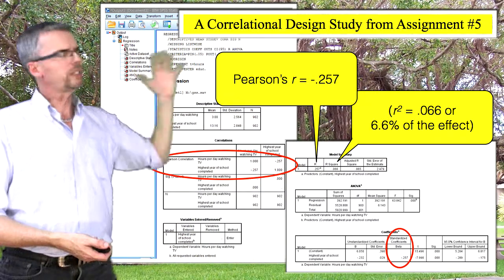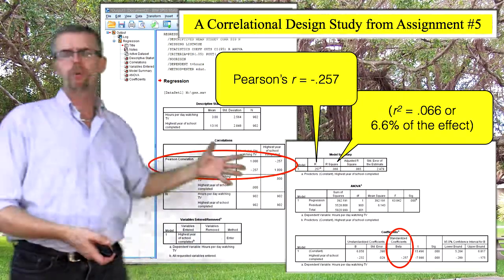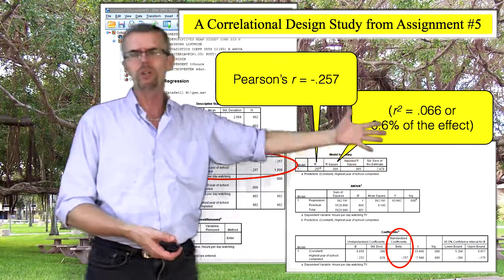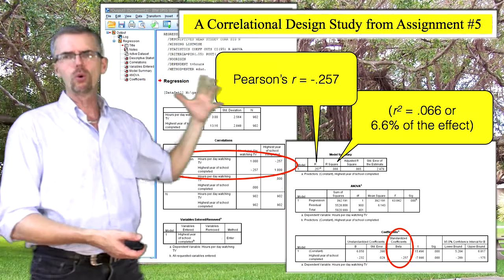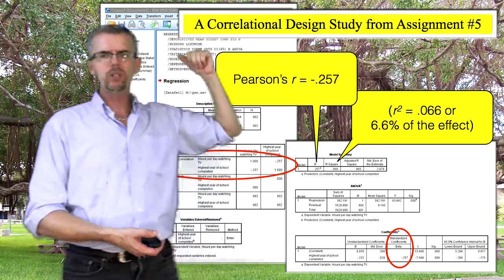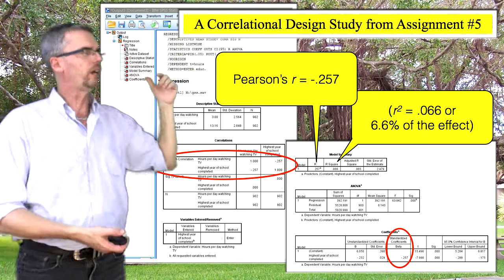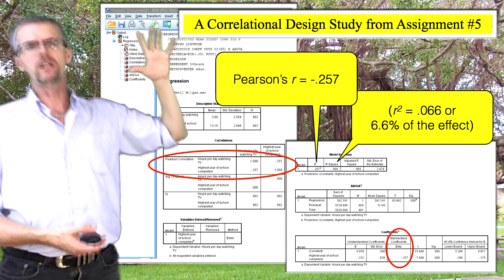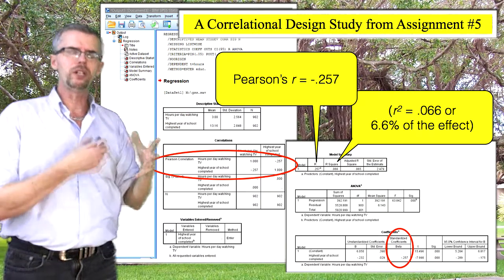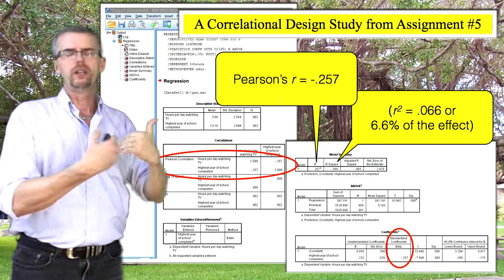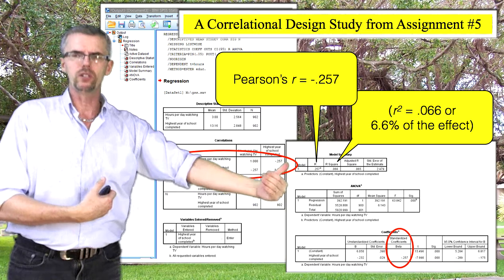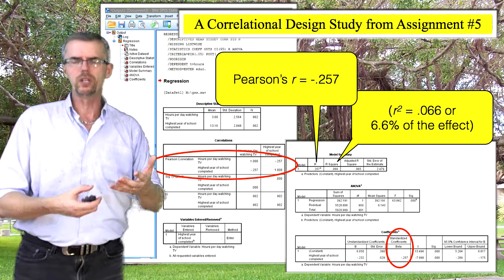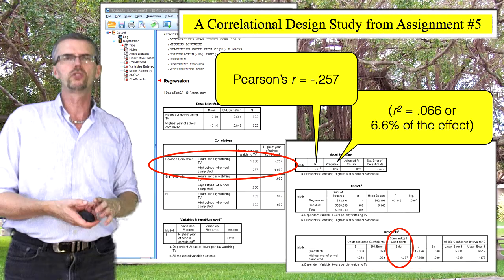So now we can look at the output that you're going to be dealing with as part of assignment number 5. The final part of assignment number 5 asks you to do a regression. So a regression is a correlational design study. And what you are comparing on this part of assignment number 5 is the correlation between years of education and hours of TV watched in a week. Okay? And so it goes through and it asks, then this is from the General Social Sciences Survey with the